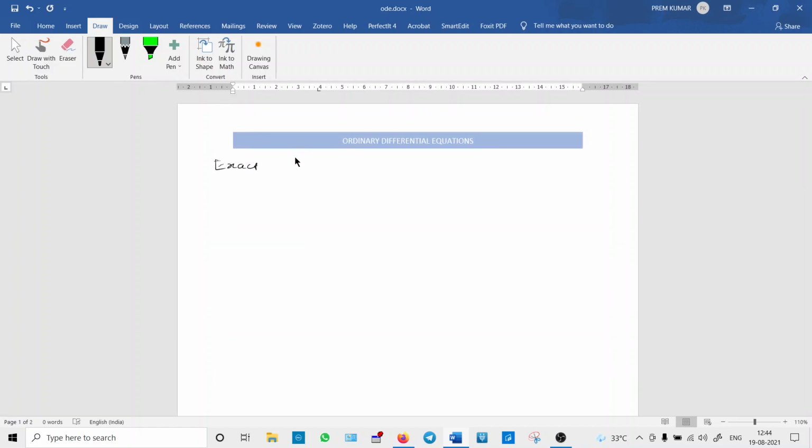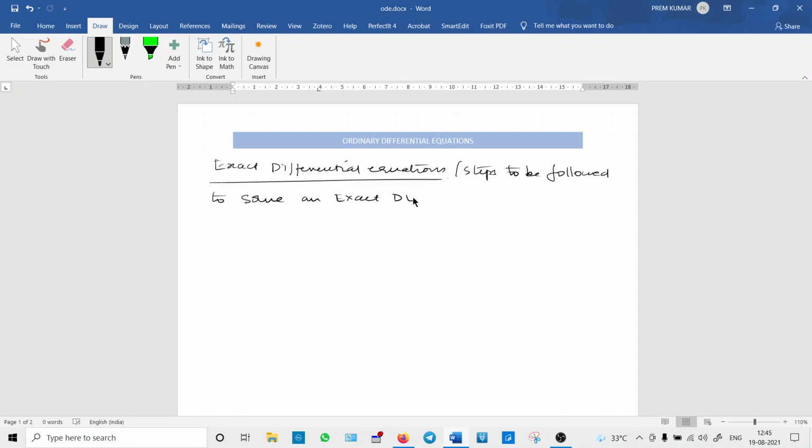So exact differential equations, and what are the methods, what are the steps you have to follow to solve an exact differential equation? Three steps are there. First one,